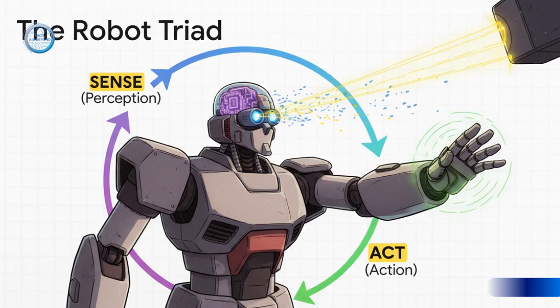A robot is the physical embodiment of automation, but it's specifically designed to perceive and interact with the messy, unpredictable, physical world. An ATM's entire world is internal and perfectly controlled. A robot's world is external and chaotic. It has sensors, like cameras for vision, or LiDAR, which uses lasers for light detection and ranging to build 3D maps to see its surroundings. It has processors, its onboard brain to make decisions, and it has actuators, motors, grippers, wheels to physically do things in the world. It is the bridge between the digital control and our physical reality.